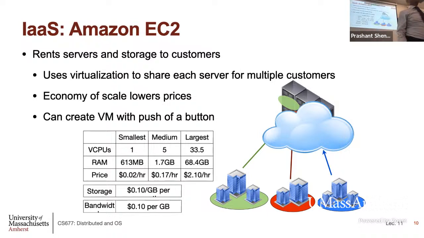But as I said, now there are hundreds of offerings, not just one or two, and in different locations. It's not just I want a VM. You have to pick which location you want the VM. Any cloud provider will give you at least 20, 30, sometimes up to 100 different locations across the world. So you've got to say, I want it in a Washington location, or I want it in some country in Europe or some country in Asia. You can pick where your VM runs. Okay. Any questions on this?